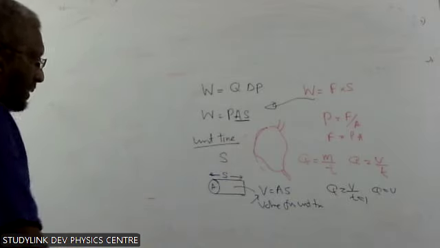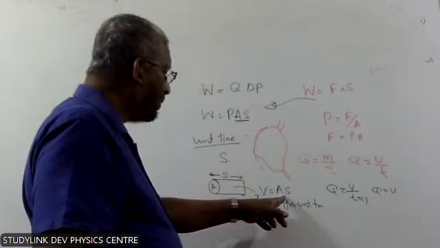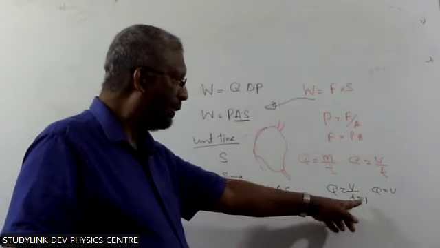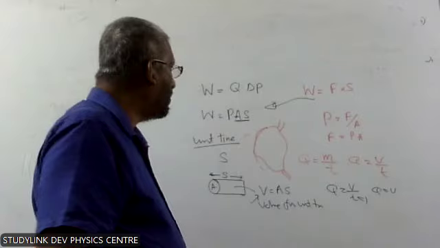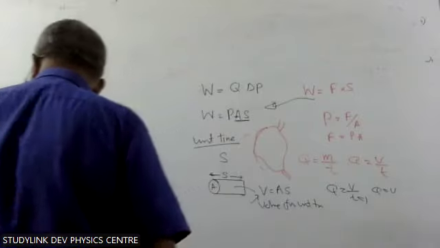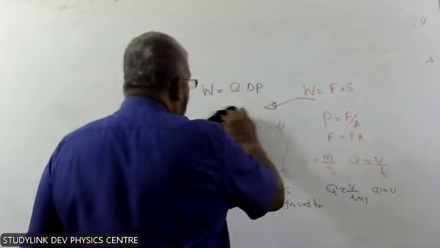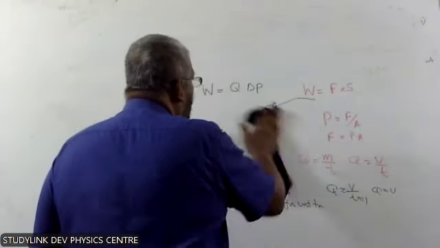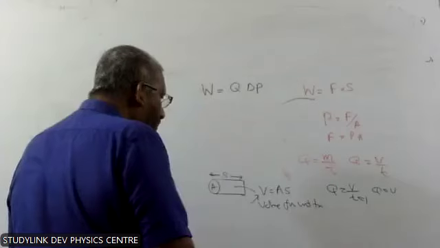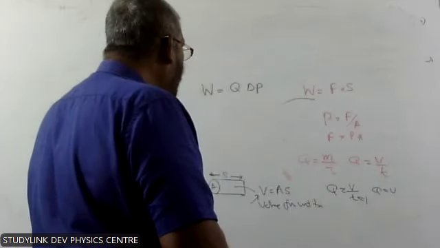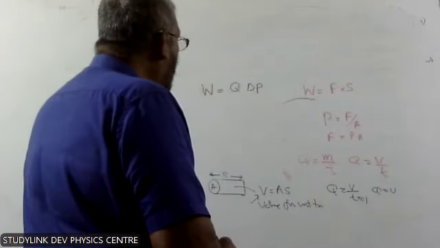Sometimes they might ask in this way. V is equal to A S, Q is V over T, T is equal to 1, then Q is equal to... Yeah. In some situations they will ask like this, then you have to adjust yourself, because in these equations they normally give Q as the rate. According to that, they normally give